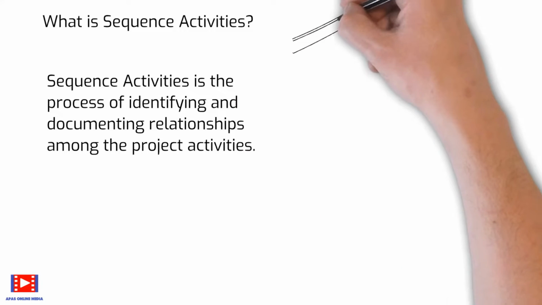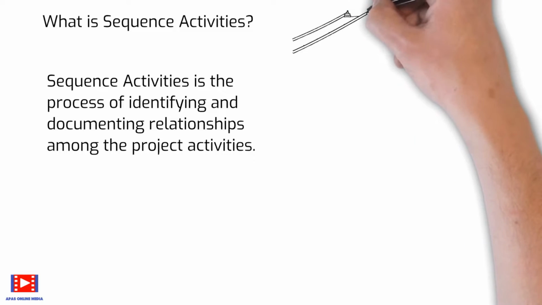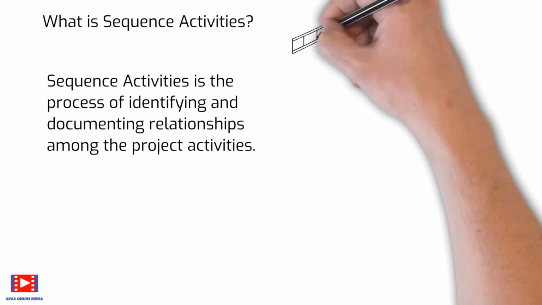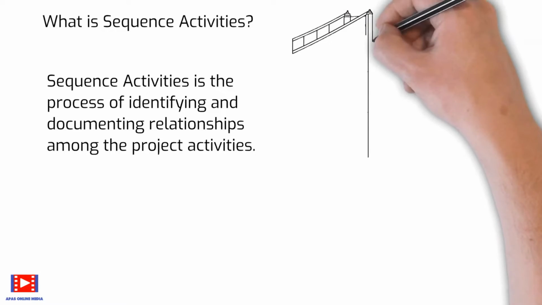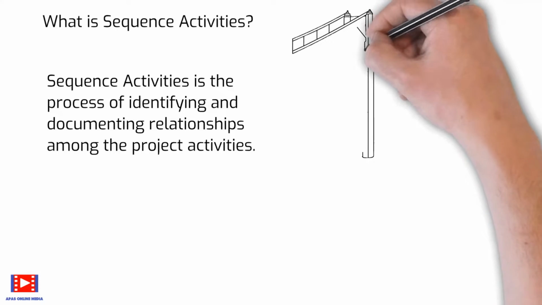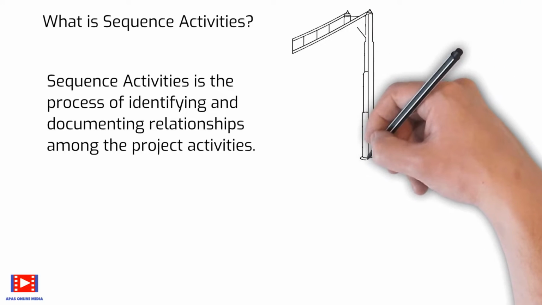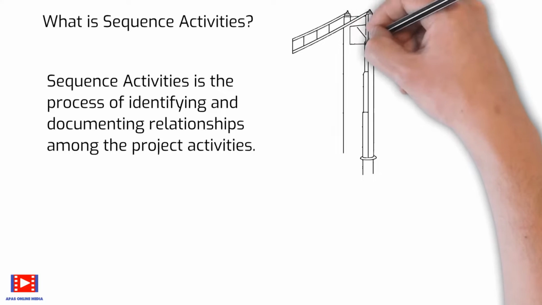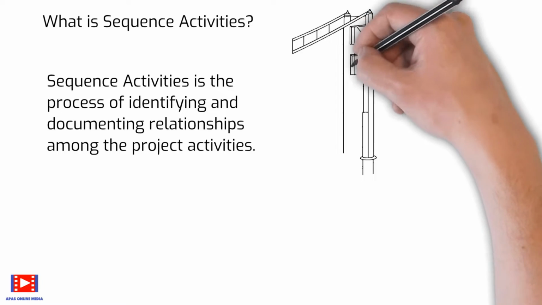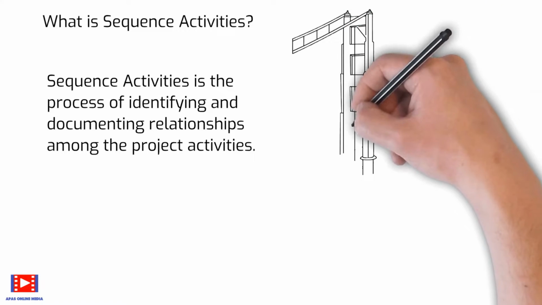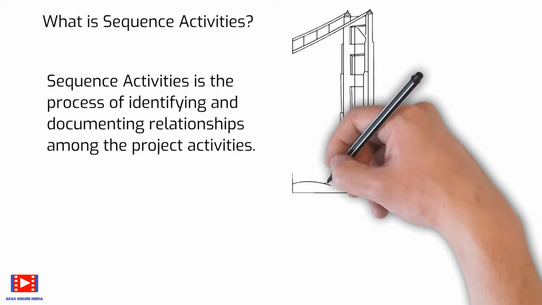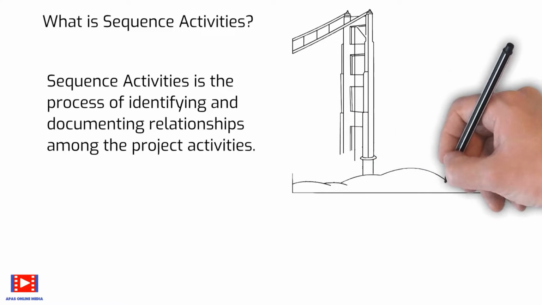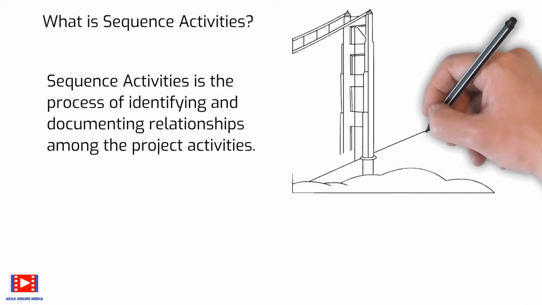The key benefit of this process is that it defines the logical sequence of work to obtain the greatest efficiency given all project constraints. Every activity and milestone except the first and last should be connected to at least one